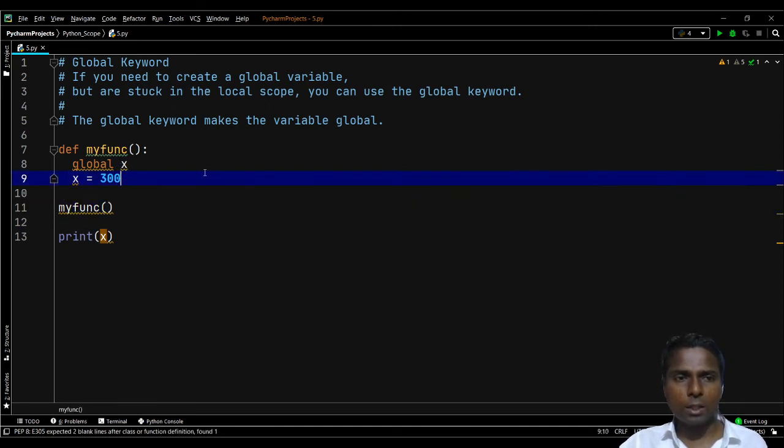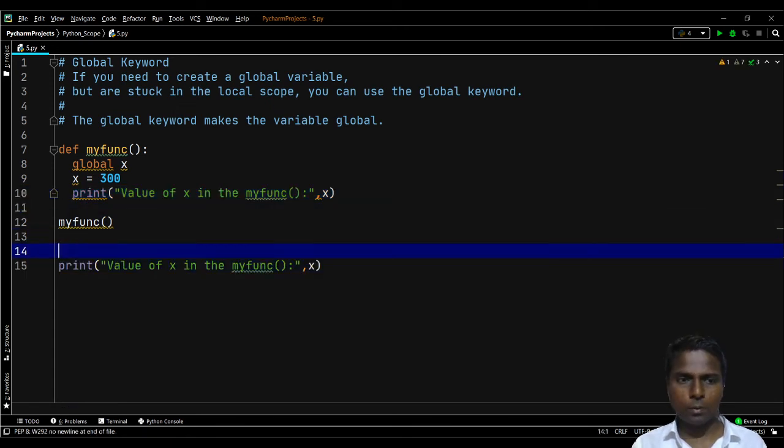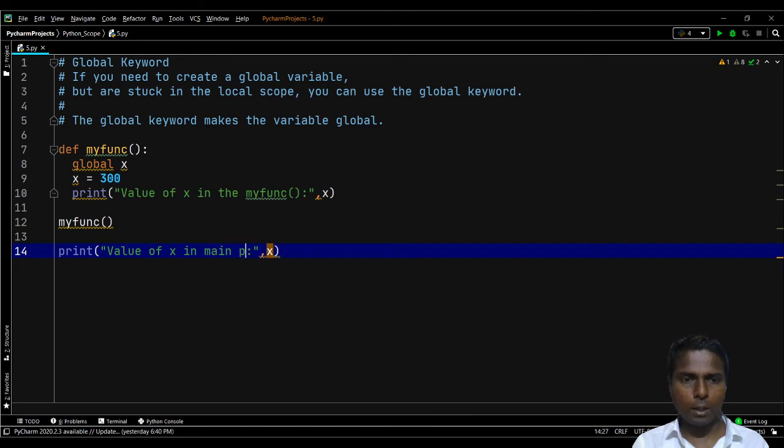So let us check it. Inside the function, first of all, I will try to print the value of x in the myfunc function, and I will copy this statement, Ctrl+C, and paste it over here. Instead of this statement, we'll use the value of x in the main Python script.